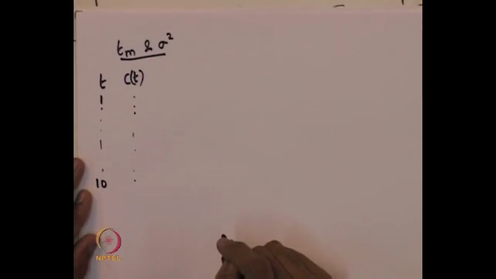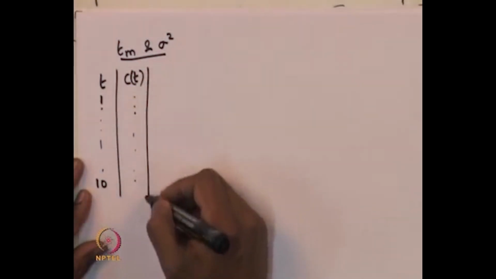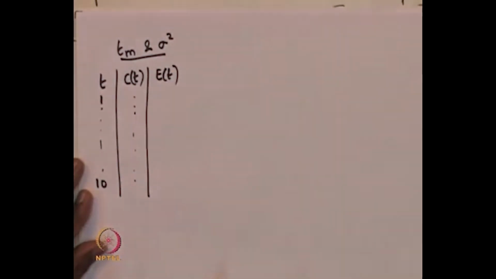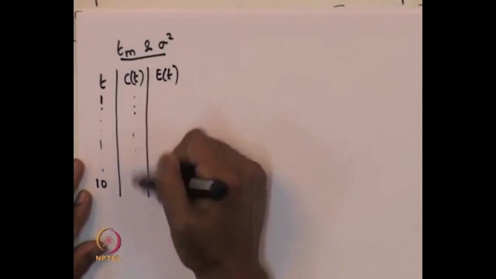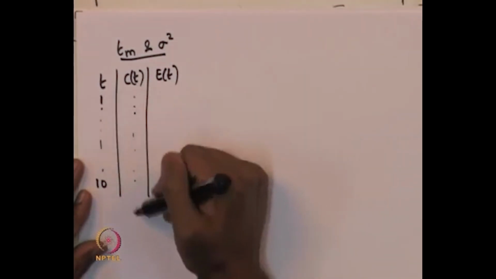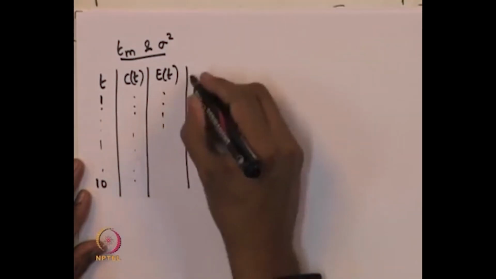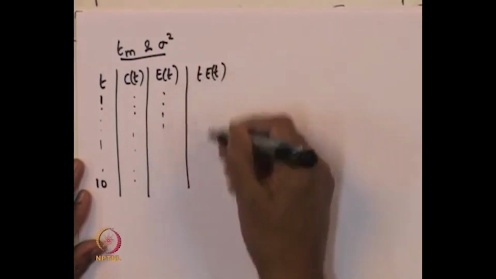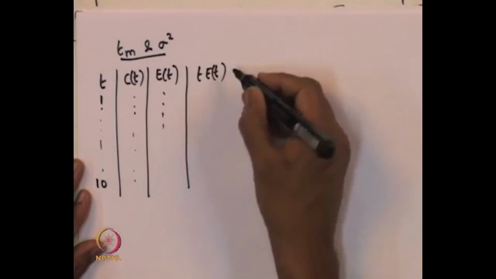Then one needs to create a table where, as a first step, one calculates E of t. We know the formula for E of t, which is C t divided by the integral of C over the whole time domain. The next thing one needs to estimate is t into E of t. This column provides an estimate of the first moment,